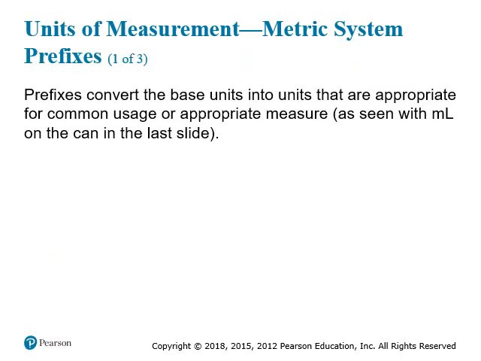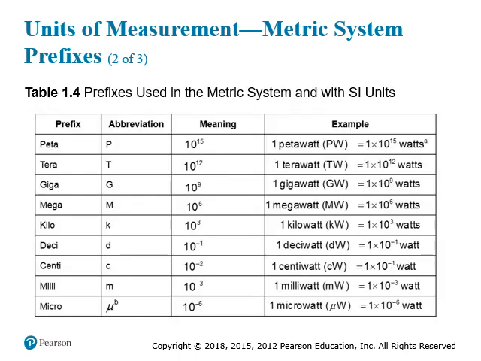Now, from time to time, we'll need to take those base units, those standard units, and amplify them. For example, you wouldn't talk about the distance between Dothan, Alabama, and Seattle, Washington in meters. It's a very large measurement. At the same time, you wouldn't talk about the length of a snail in meters. It's a very small measurement. So sometimes prefixes need to be used in order to convert those base units into units that are appropriate for the measurement at hand. And here are an example of some of those prefixes.